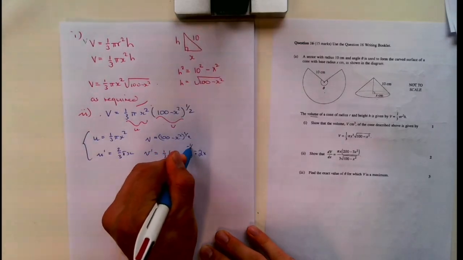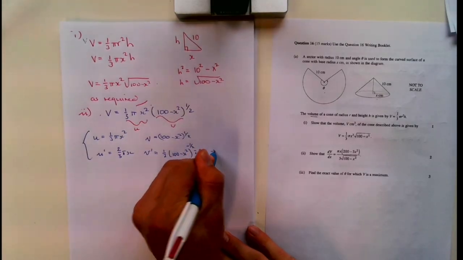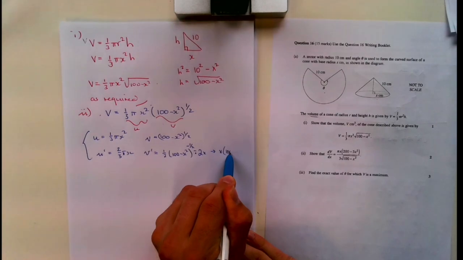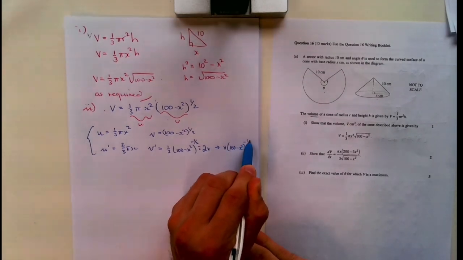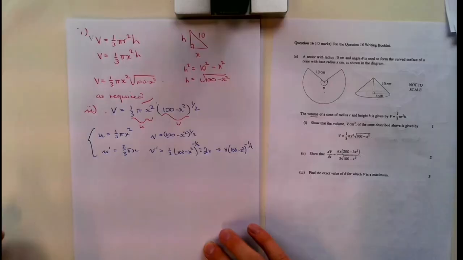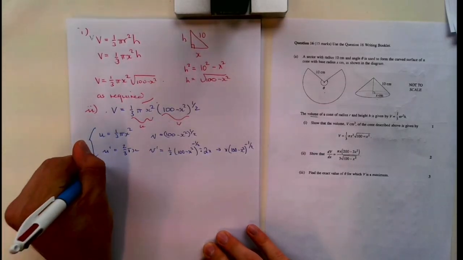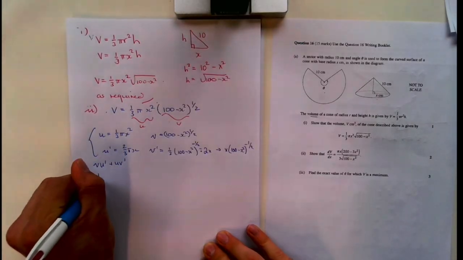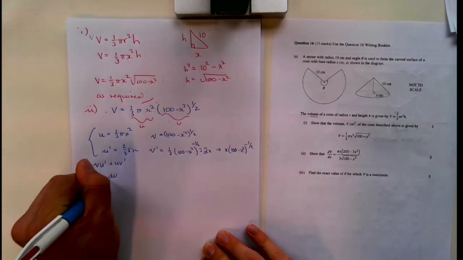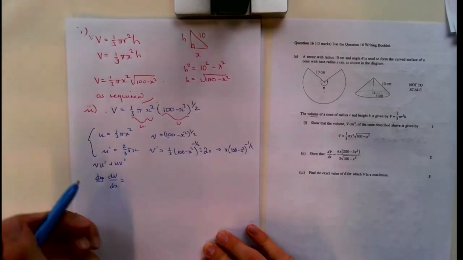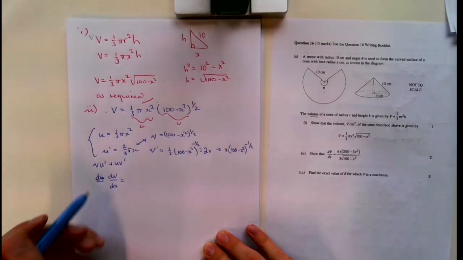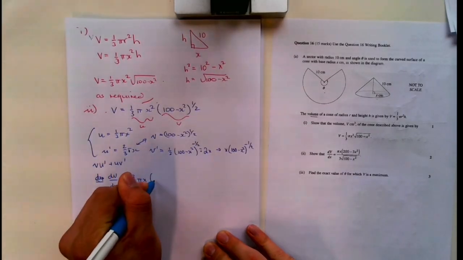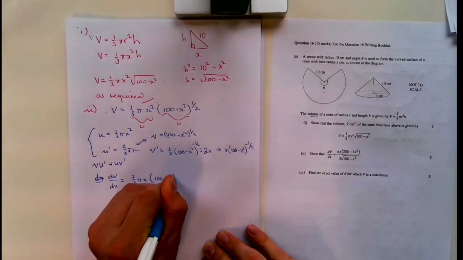Okay, that's to the negative half. Okay, I'll simplify this real quick. This is x. So to do product rule, remember we're going to do vu' plus uv'. So we're going to say dV/dx is equal to v times u', so 2/3 pi x, (100 minus x squared) to the power of half,